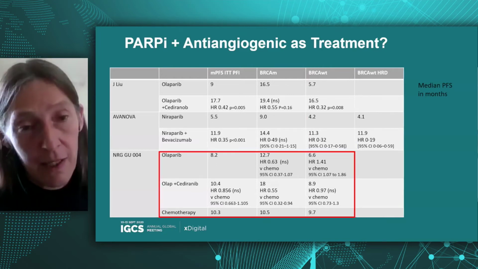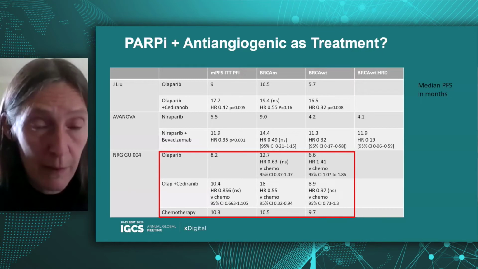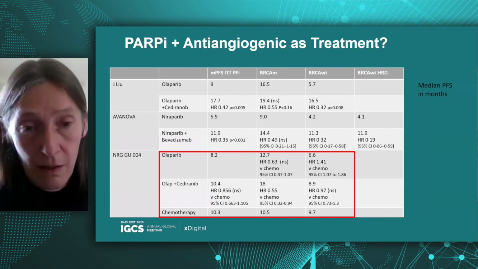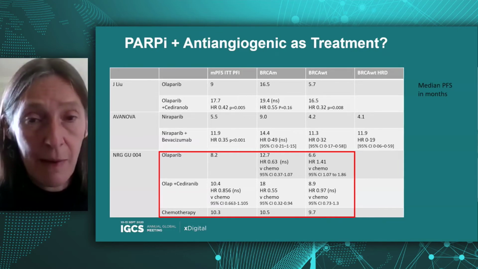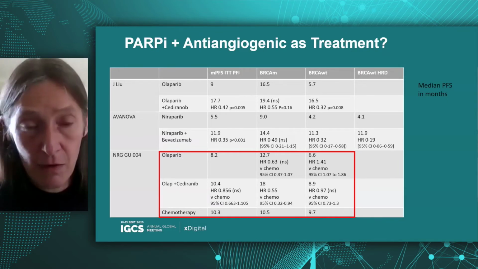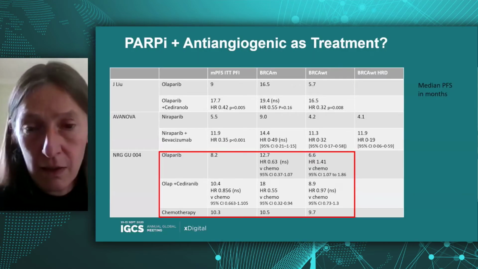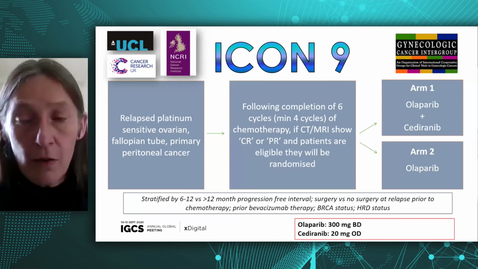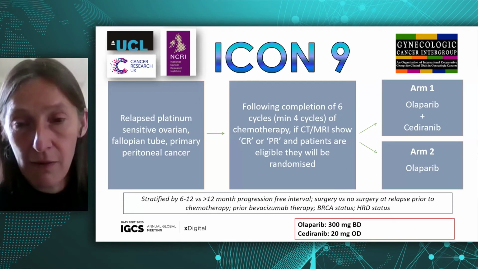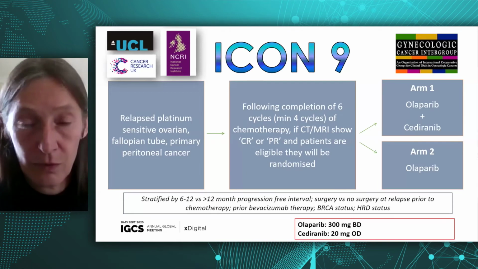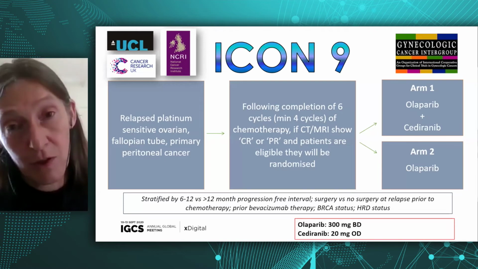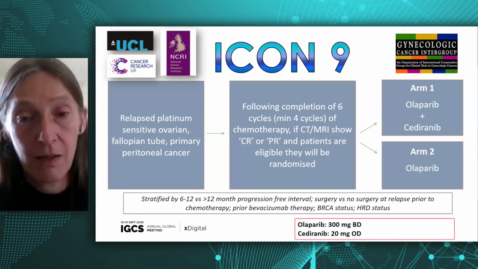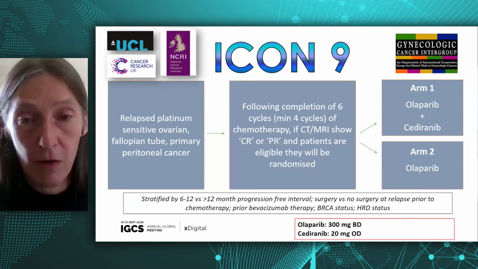The NRG studies, so this is slightly different because this was compared to chemotherapy. And what we see is that again, you do see a better effect with the combination of olaparib and cediranib. But in our patient who was BRCA wild type, really chemotherapy would probably still be a better option for her. What we don't know is what the combination of an anti-angiogenic in the maintenance setting does. And we have a study running in the UK, and in other countries around the world, which will address this question. And that's the ICON-9 study, which is looking at olaparib plus cediranib versus olaparib alone in the maintenance setting